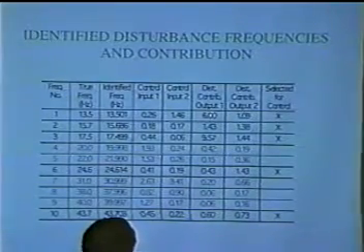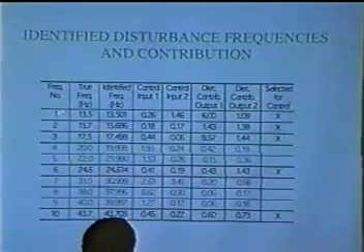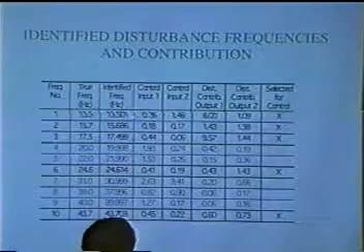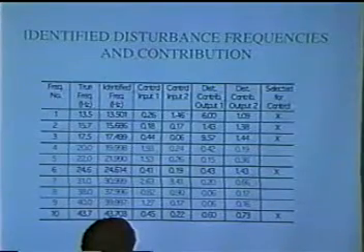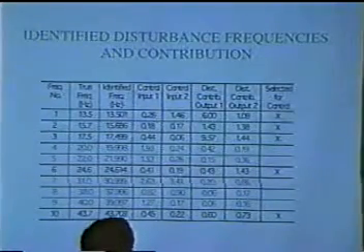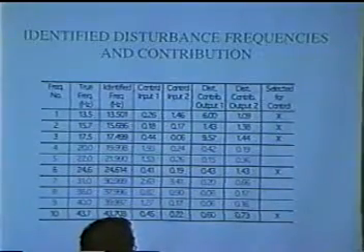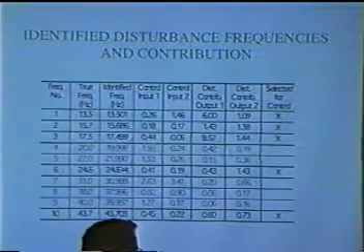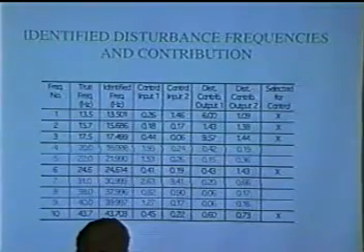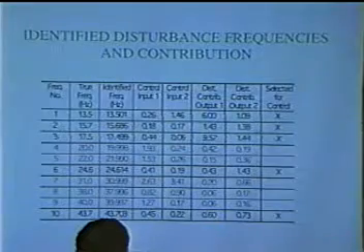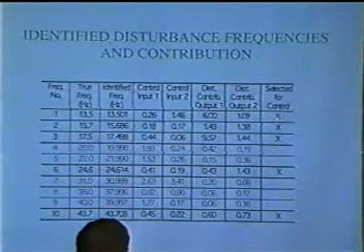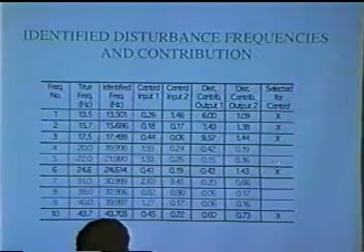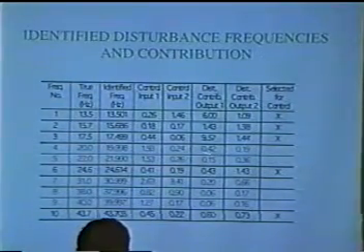And to cancel this disturbance frequency, you need that much energy on input 1, on control actuator 1, and that on actuator 2. Okay? So all of these come out from identification. So when we look at this table, we can know, if we have limited actuator capability, what frequency we should target and what we should ignore. For example, in this case, we selected these 5 for control, and the rest we can ignore, because some of these frequencies, you can see, for example,